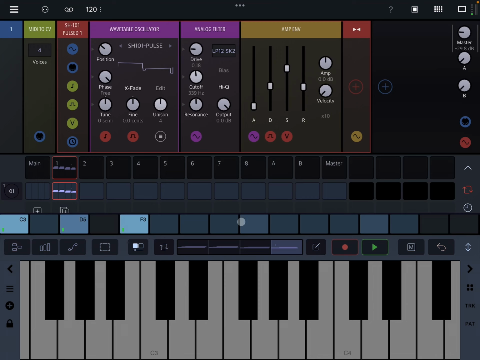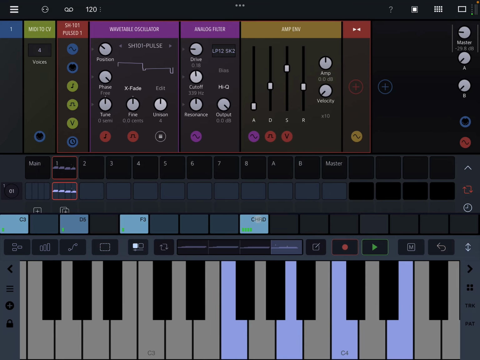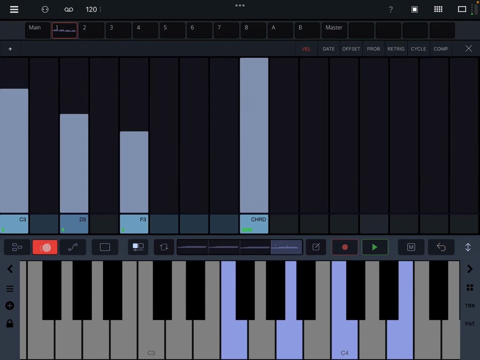I will place a chord somewhere here. Let's do a chord there in this 4th bar. If we head to this velocity editor, what you can see is that we have the chord here. You can change the velocity of the chord, but, and here's the key, the killer point, which is why you might want to use the piano roll for this. If you want to alter the velocity that you played the chord at,